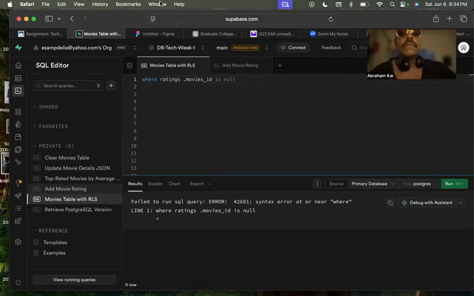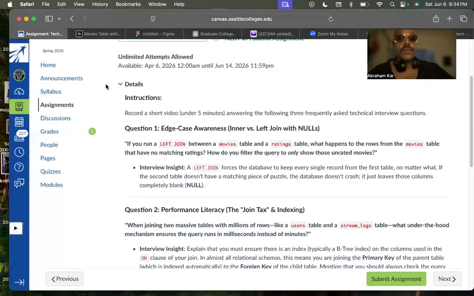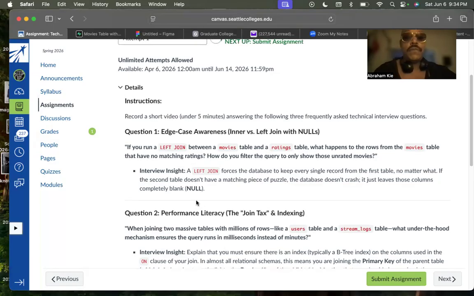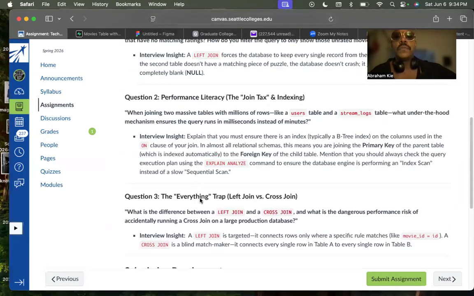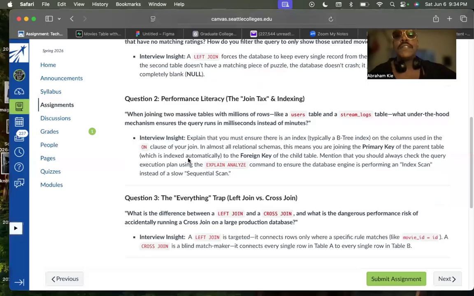All right. Going back to question number 2, performance literacy, joins and indexing. When joining two massive tables with millions of rows, like a users table and a stream_logs table, what under-the-hood mechanism ensures a query runs in milliseconds instead of minutes? My answer would be